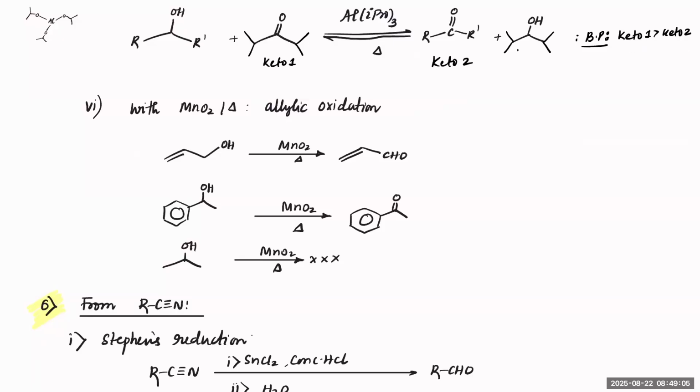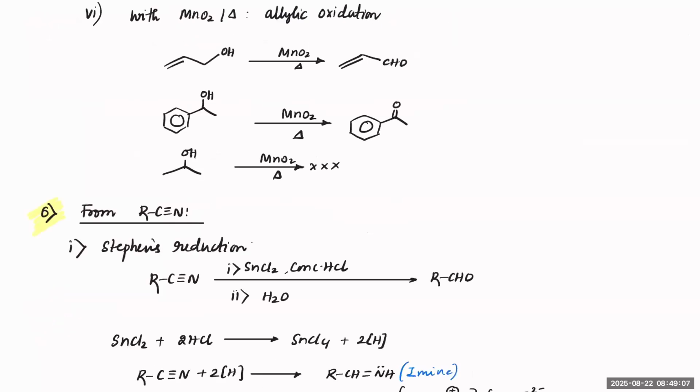Next, with MnO2 and heat, allylic oxidation will take place. That means at an allylic position, if there is an alcohol, it will convert into a keto form or an aldehyde form. So same logic applies to benzyl position also. At a benzyl position, if you have an OH, it will convert into a keto form. Regular alcohols, 1 degree, 2 degree, do not react with MnO2. So it's a very specific reagent only targeting allylic and benzylic alcohols. Okay,